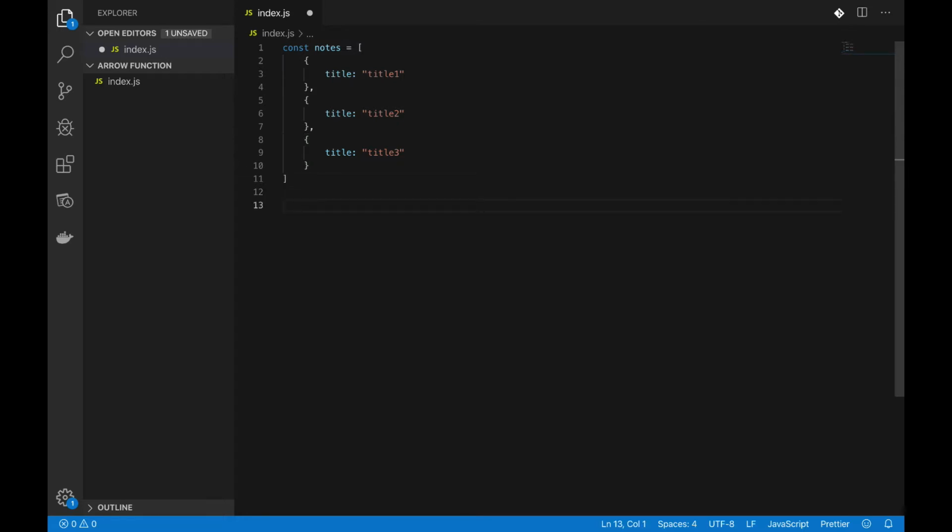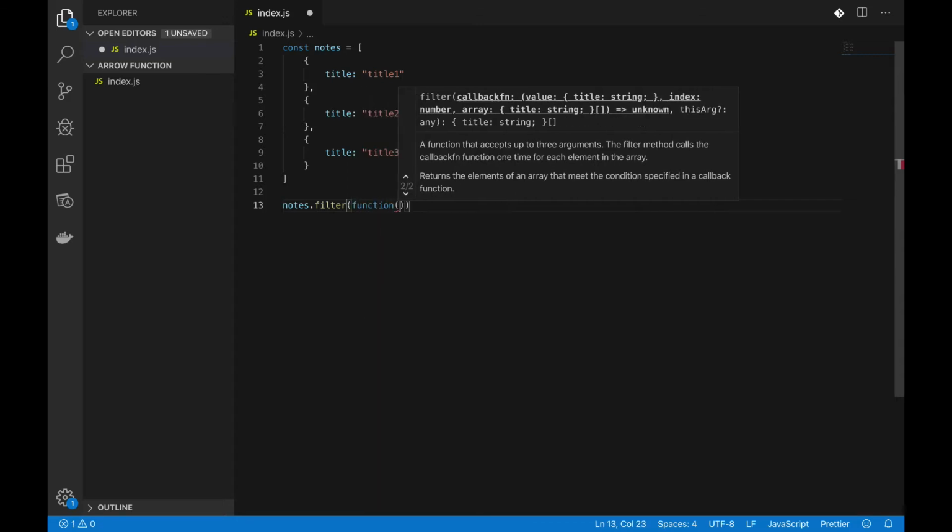So how can I do it? I want to print all the titles of this array at once, or I can iterate through each of these objects. So let me just write nodes.filter,